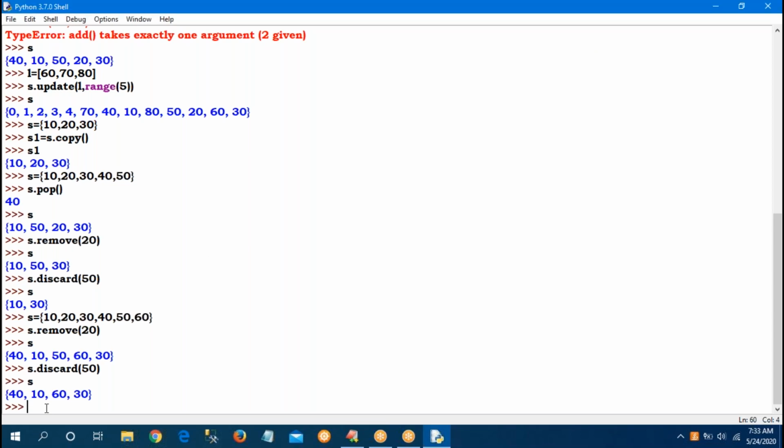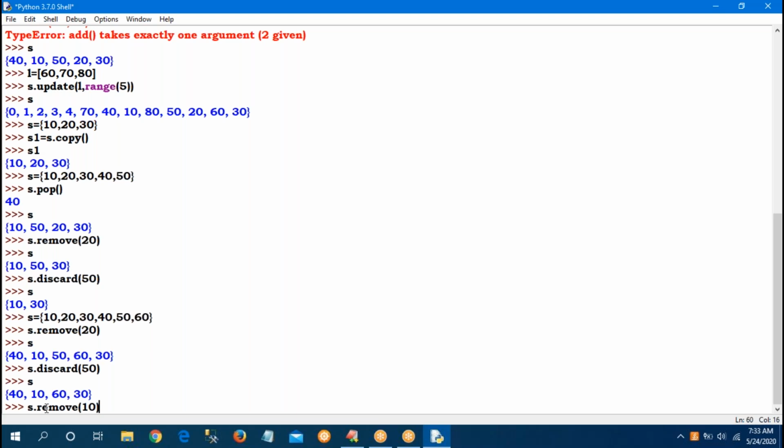Observe carefully. So here 40, 10, 60, 30 are available. S dot remove of 10 I am giving. If the specified element is available, then remove and discard are the same. The problem is if the specified element is not available.